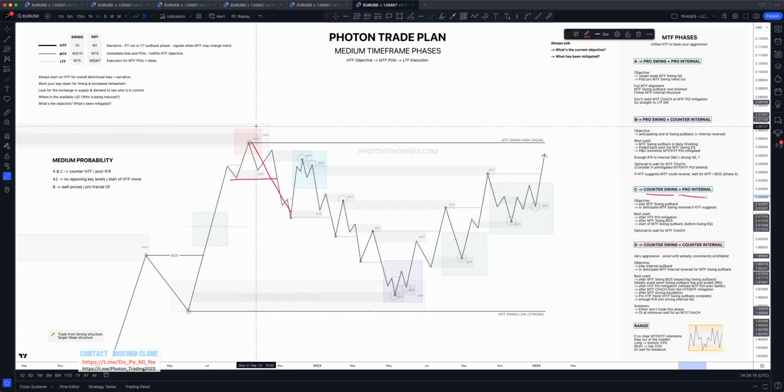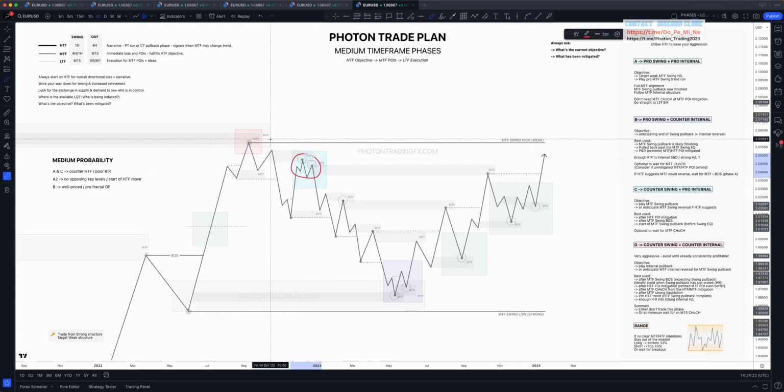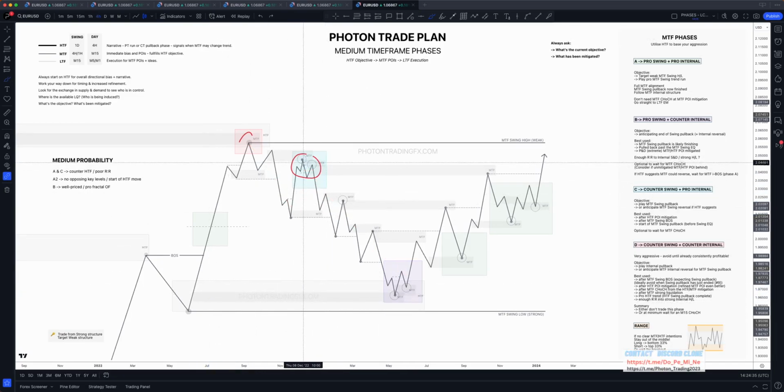So when we get that initial mitigation, the liquidation, and that initial IBOS, I love trading this a lot of times because you're shorting from this strong internal high and it's potentially the start of that swing pullback, right? That's the key. It's that first initial phase. So risk reward is on your side to play that leg, right? I'm not swinging for the fences and trying to target down here. Generally, I'm literally targeting that next low. This is my favorite time to do phase C. So that's when it's pretty high probability.